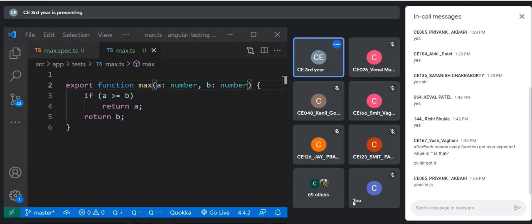You can see that in one of the files, max.ts, we are writing the max function, which will find the maximum of two numbers. So this is a very simple function. I hope that this is visible to you.